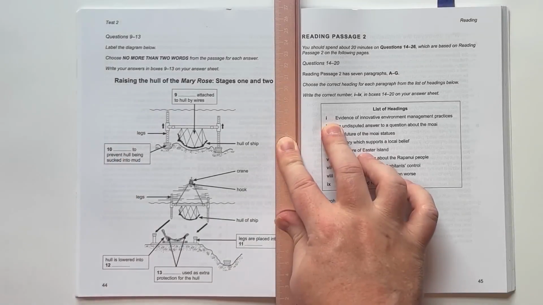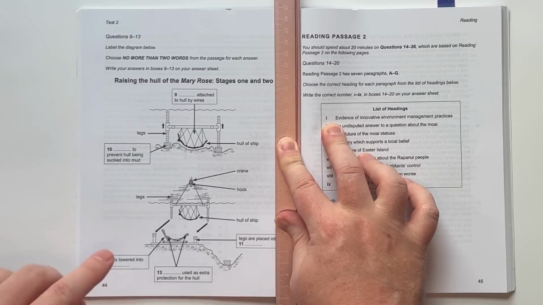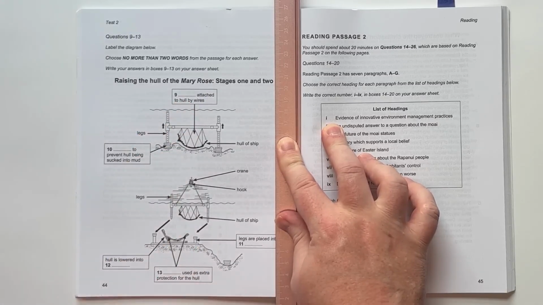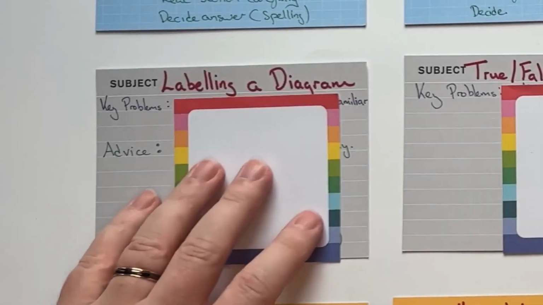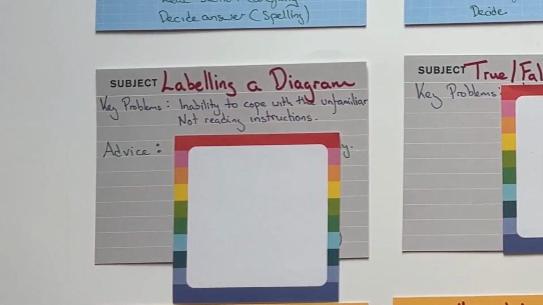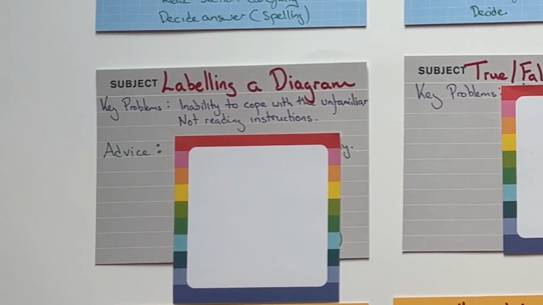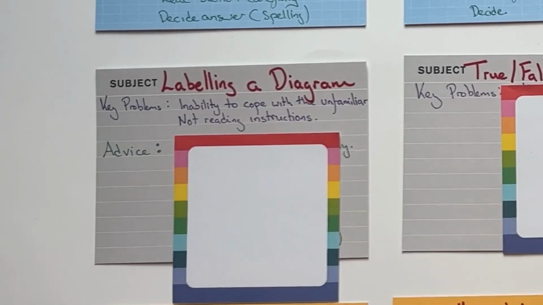Here's an example of a labeling a diagram question. Normally you will be given a diagram, sometimes a map, but most of the time a diagram, and there will normally be arrows relating to different parts of the diagram. It is your job to complete these parts. So labeling a diagram. First key problem is an inability to cope with the unfamiliar. Not every student, but a fair number of students will look at a diagram and think, I know nothing about